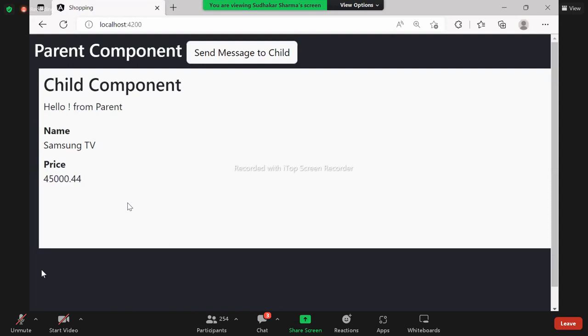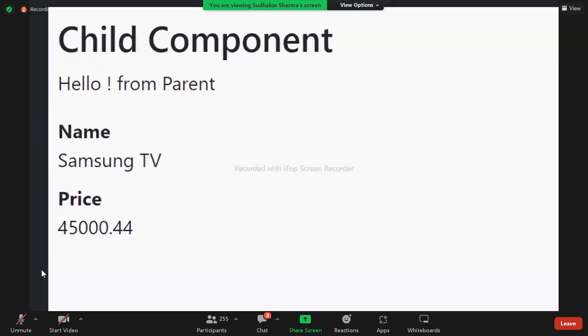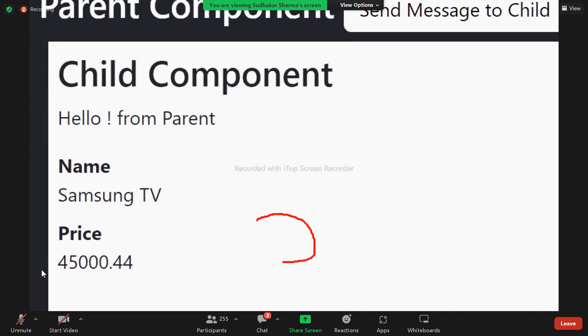We need extra effort. So that means easily parent value can come into child, but child value cannot easily go into parent. For that, what actually we have to do here is, in the child component, we have to create